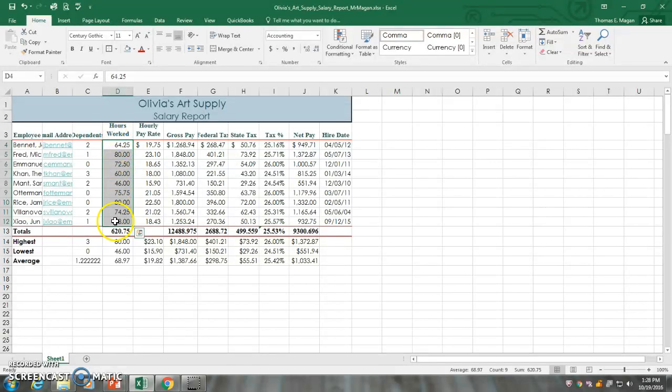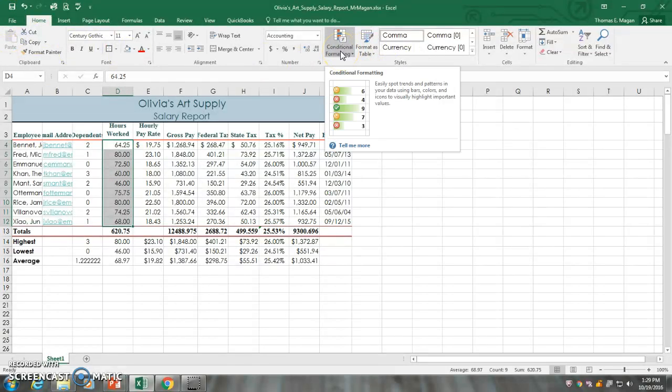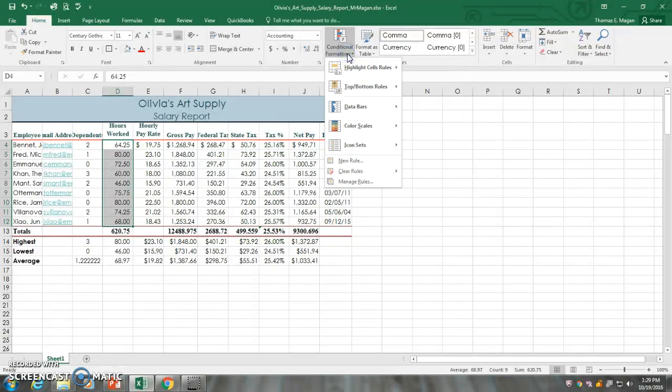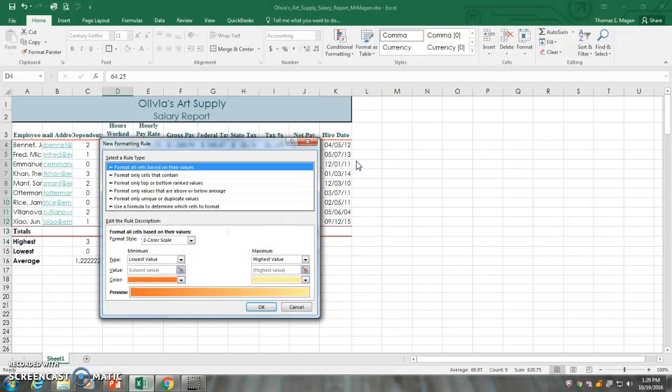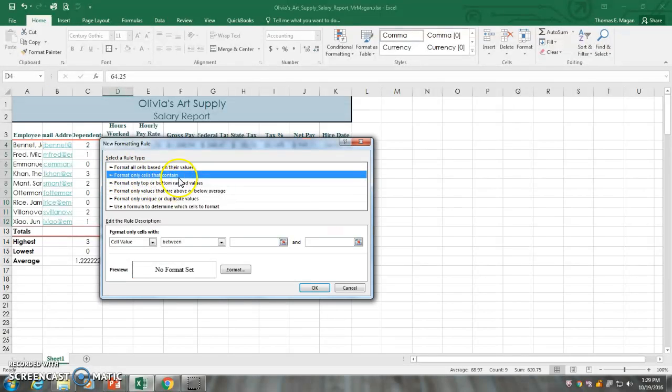Okay, so we start by highlighting the cells we want to be examined, and that's these. Then we're going to go to the conditional formatting button and hit our down arrow. We're going to go down to new rule. So we're going to create a new rule, and we're going to do one based on format only cells that contain. You can take a look at all these other ones on your own, but this one is